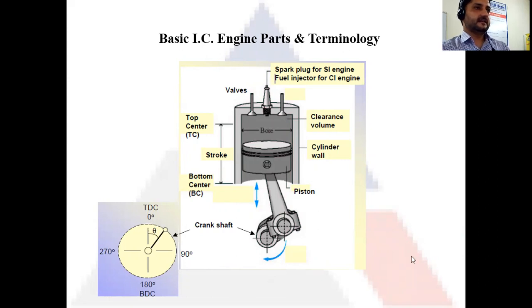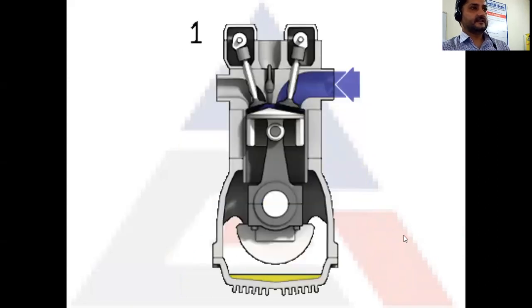Next, we will see the working of a 4-stroke engine. So here we have a 4-stroke engine. We have the inlet valve, we have the exhaust valve. These valves are operated with the help of cams that are installed on top of these valves. So there are 2 cams here. Okay, and then there is this piston here. This piston is connected with the help of this connecting rod to the crankshaft. This is your cylinder in which the piston reciprocates up and down.